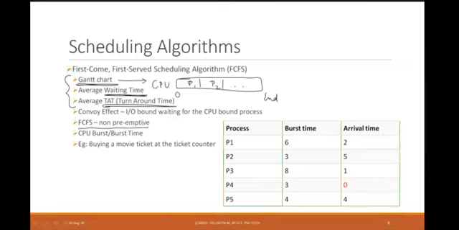Now FCFS, or first come first serve, that is also called as FCFS. It is a non-preemptive mode of scheduling, which means when a single process is executing, I will not allow any other process to come into picture. So that is called as a non-preemptive scheduling algorithm. The example you can take is, you're going to buy a movie ticket at the ticket counter. As of now, no one is going to a movie, or rather we don't go to a ticket counter at all. But still, if you are going to a movie and you're going to buy a movie ticket, you're going to stand in a queue.